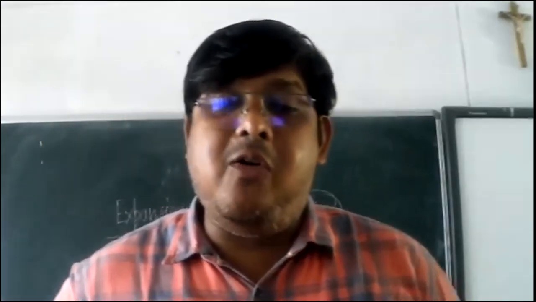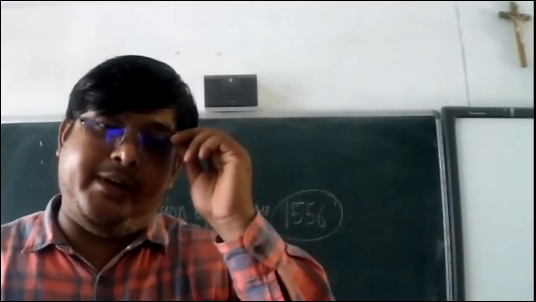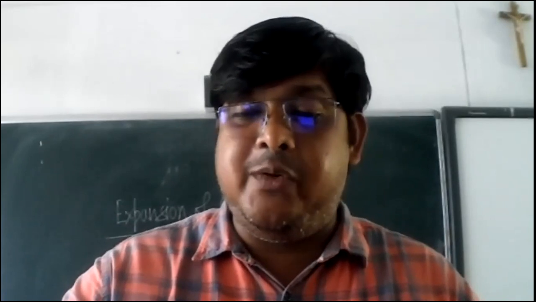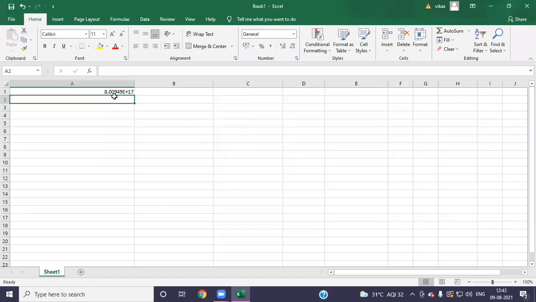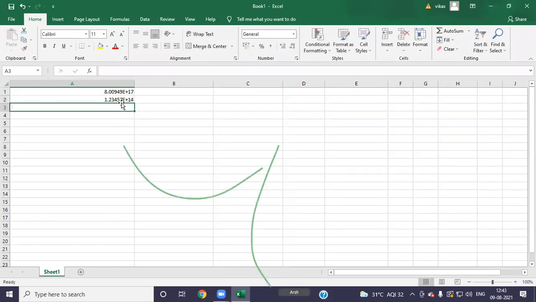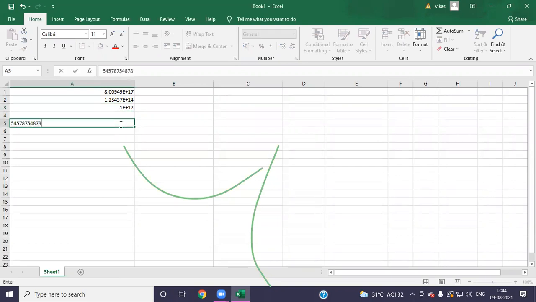Now listen to me. How do we display a large value in the cells? The topic is how to display a large value in the cells. Look here, example. Here I am writing a large value 1, 2, 3, 4, 5, 6, 7, 8, 9, 10, 11, 12. And it is showing in this format. Whatever values we write, 9999999, it is showing in this format. The values we write consist of a maximum of 11 or 10 digits.